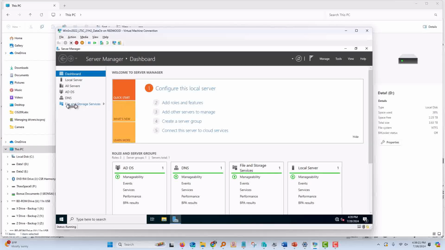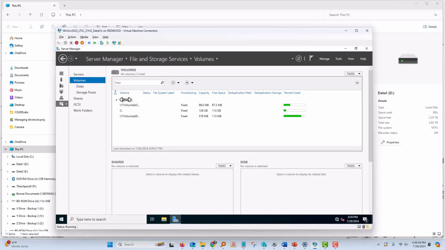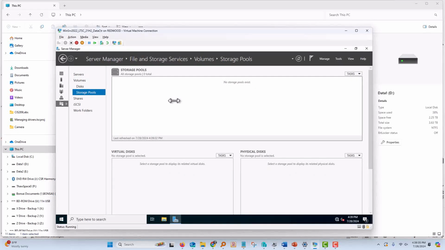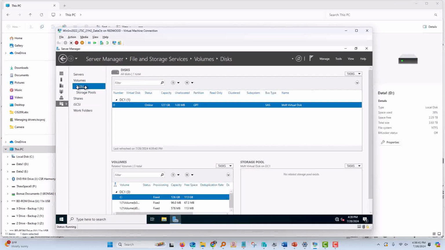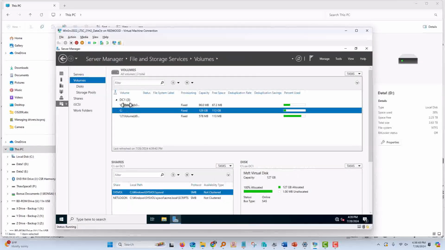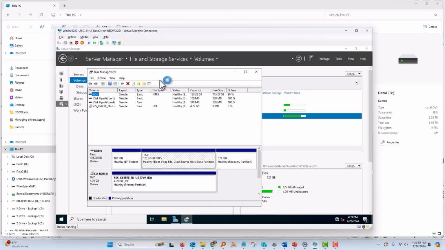Here in Server Manager, you see I have something called File and Storage Services. If I click File and Storage Services, here is where I can do a lot of stuff with my volumes. I can set up my storage pools over here if I want to use storage pools, and set up my shares, and I can work with my disks over here. You can see that I can open up and close up those disks and volumes over here. So this is where I can see those same things. I also have the disk management tool over here. I'll open that up, and you can see my disk management tool looks very much like it does in the